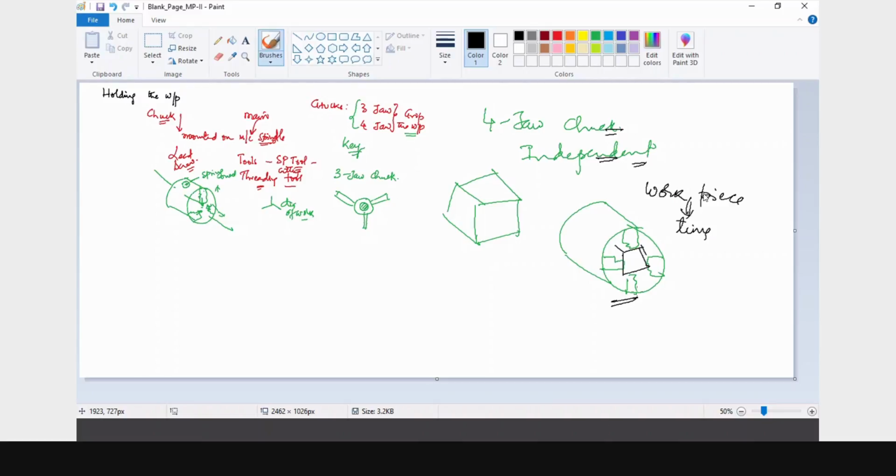And as I told you, the four-jaw chuck is only used for non-cylindrical workpieces. Okay. So we will talk much more about the chucks, how you are going to hold the workpieces. Fine.